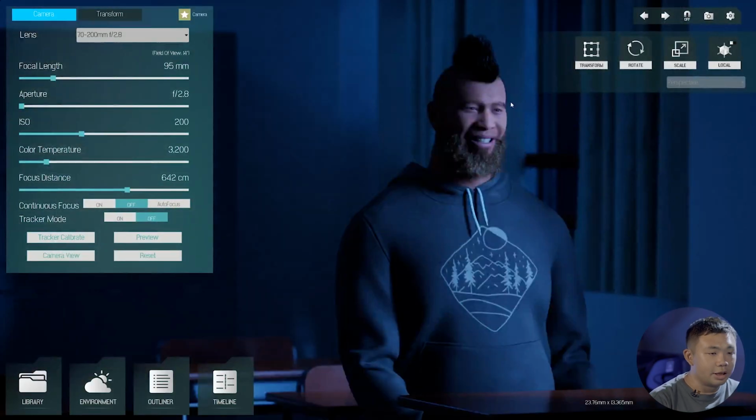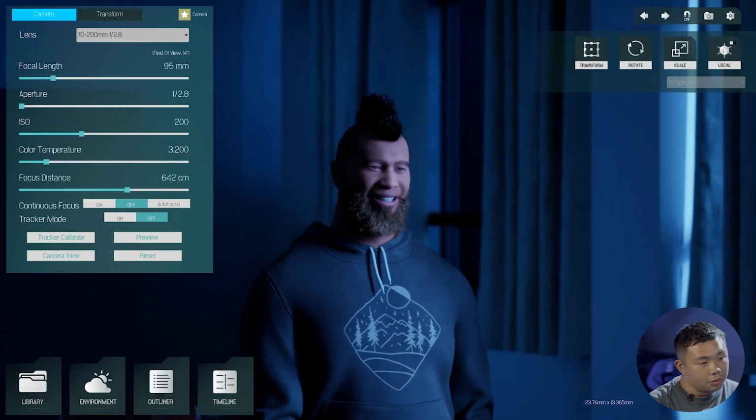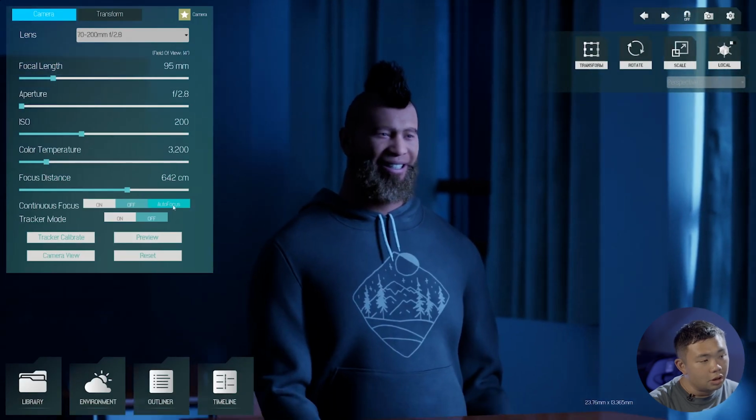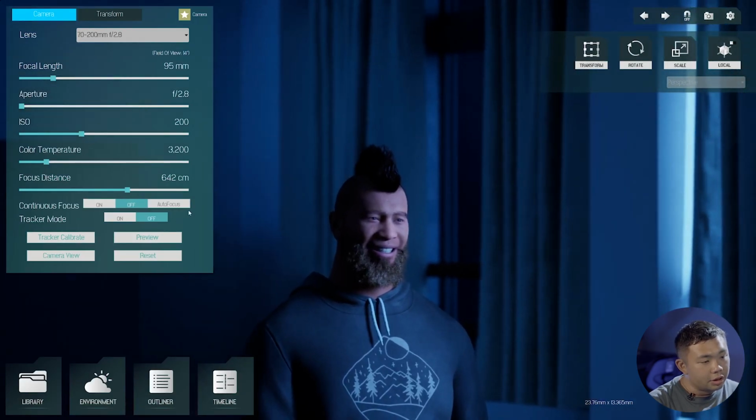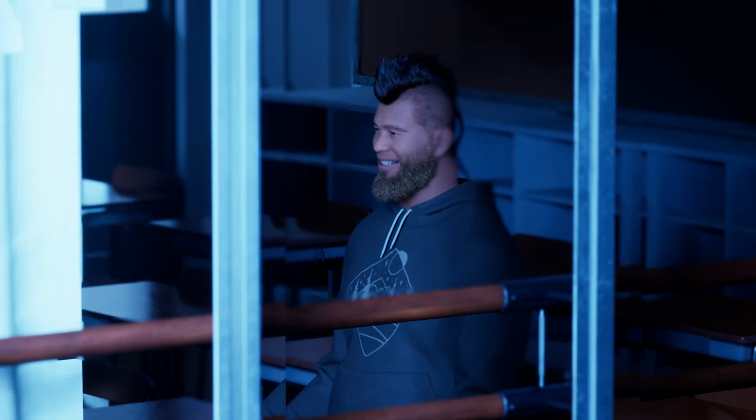Now we get this part, and the focus has shifted a little bit. So let's use autofocus on his eye. Alright, now it's done. Make sure you have adjusted the intensity, color, and angle of each light to get a perfect balance in both your day and night scenes. Small adjustments can make a big difference.